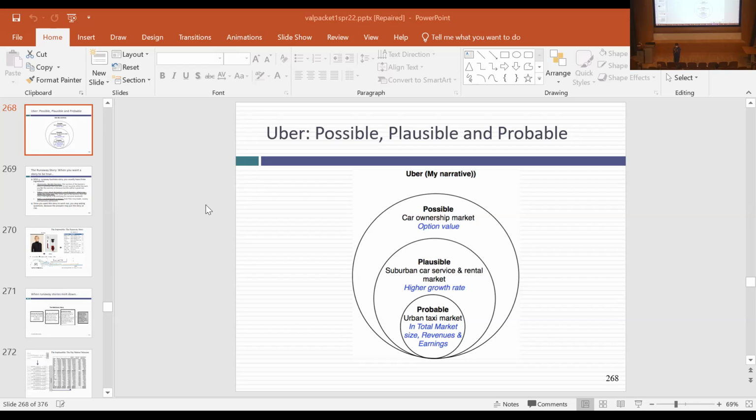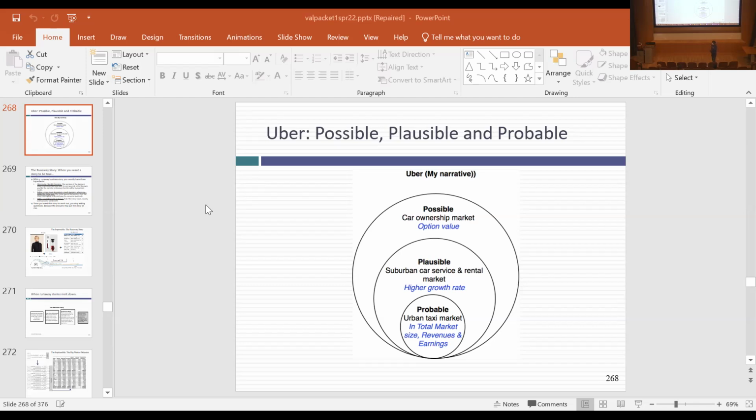As a founder, and many of you I know are thinking about starting your own businesses, you're going to be tempted to tell big stories. Why? Because big stories attract big pricing. Big pricing means more capital comes in. My note of caution is the bigger your story gets, the more difficult it's going to become for you to defend that story. Because you've got to come up with much more to show that this story is possible, plausible, and probable. I'll talk a little bit about the stories you can tell for Uber, which would require more defense, that it's a transportation company. It's a logistics company. But my story was narrower, easier to defend.